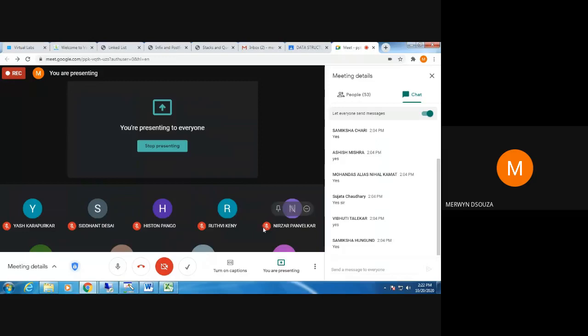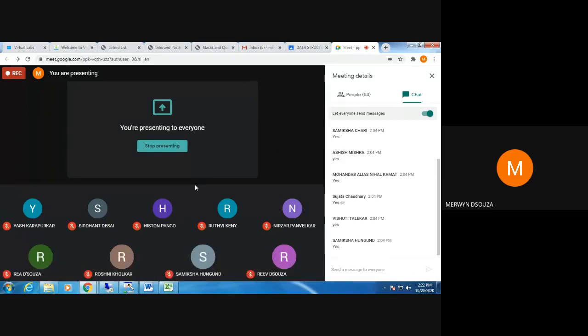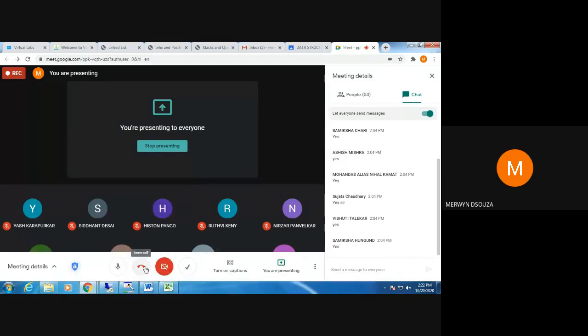Okay, now for some reason I can always see there are around 53 students, so there should be more than 60 students attending. So I don't know where the 7-8 students who are not there are, because with this diploma there should be around 62 or 60, more than that. So I don't know where the others are.